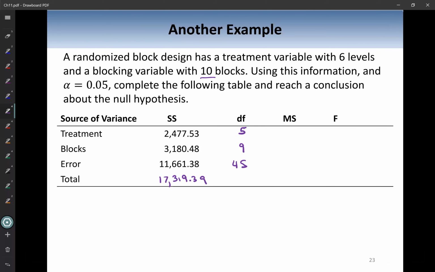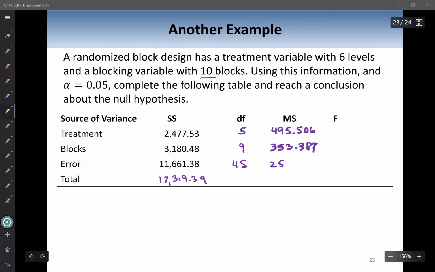The mean square for the treatment is calculated by taking 2,477.53 divided by 5. That gives you 495.506. And then for the blocks, same thing: 3,180.48 divided by 9. It's going to be 353.387. Check and see if you get the same. That's a 7 at the end there. And then same thing, take the sum of squares for the error and divide by 45. Check and see if you get